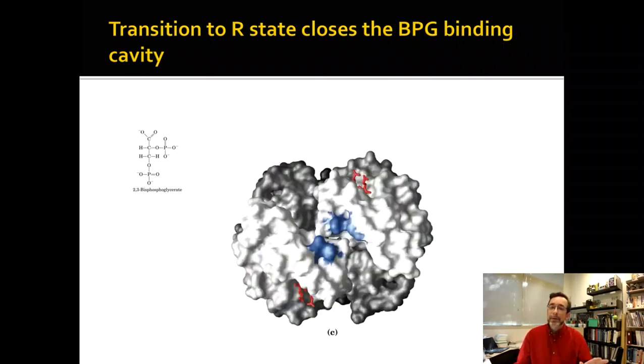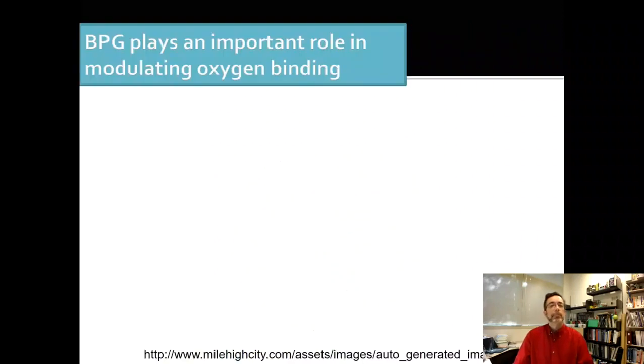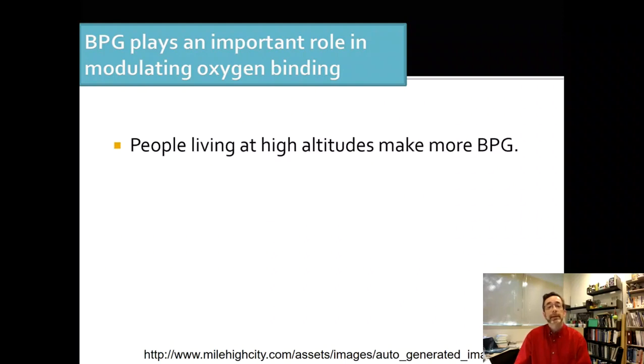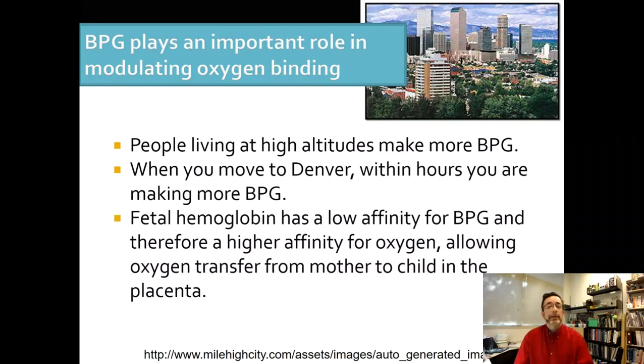So remember how all these go together. Here's the T state right here. If you have super high partial pressures of oxygen, let's say you're doing that in a test tube, it's going to promote this shape, and this shape does not have the BPG binding site. There's fewer binding sites. The BPG will bind less well. So these are all tied together. BPG has a really important role to play in modulating the binding, and you can measure this. People living at Denver will make more BPG. You can talk about all these things, and there's another way that it comes into play.